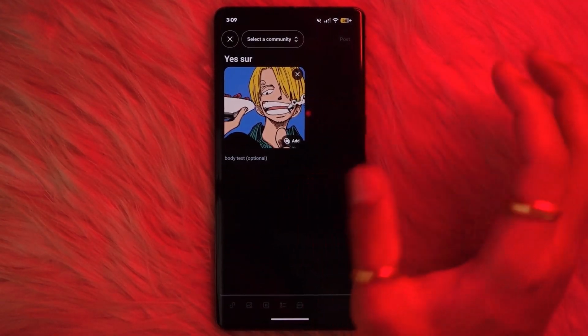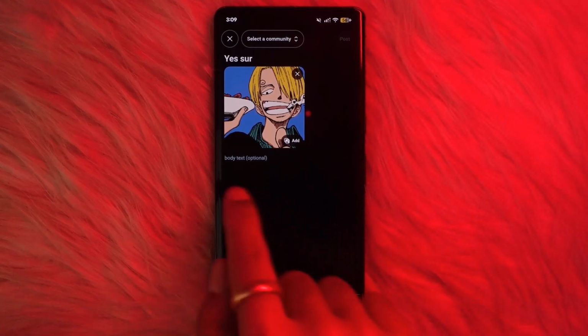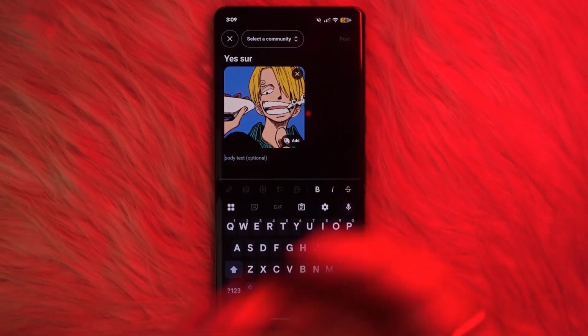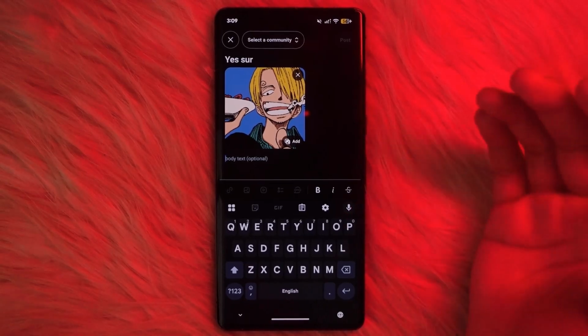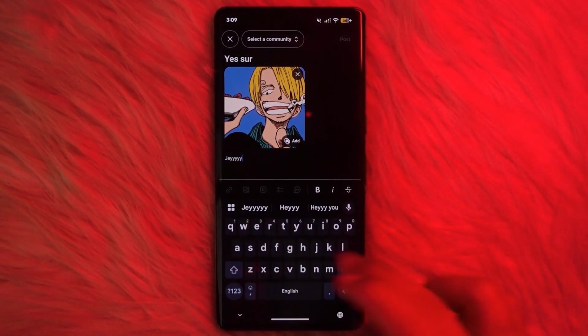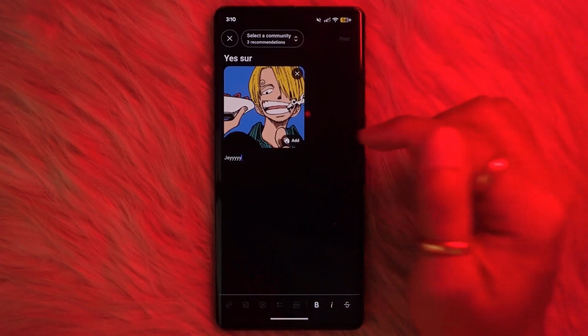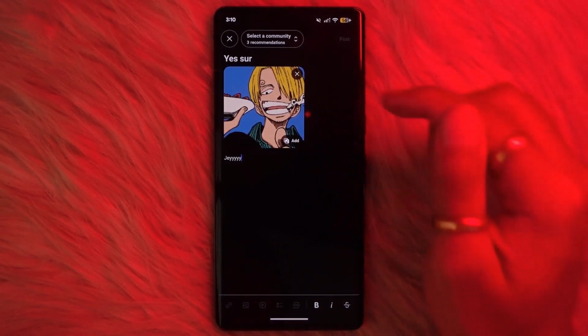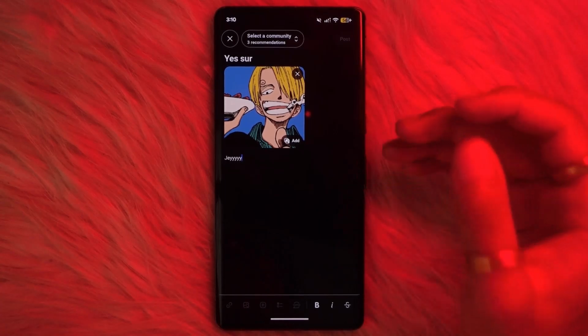Once the photo is uploaded to your post, you will find this body text. Now you simply have to tap on it, and from here you can write any descriptions, any stories, or anything that you like in this text option. And this won't reduce any image quality even after you post it, which is much harder to replicate in